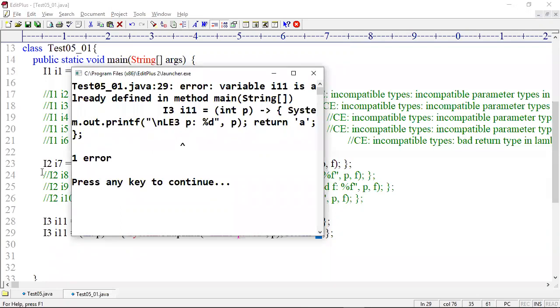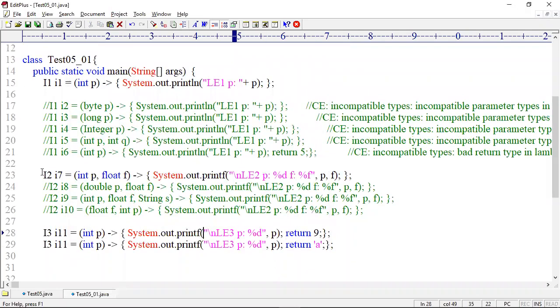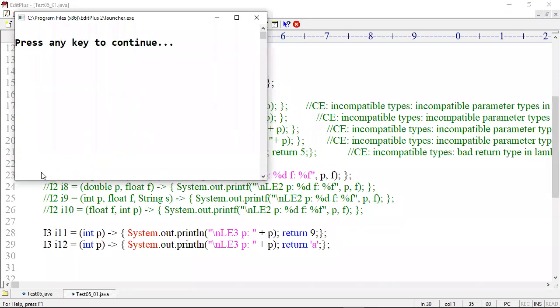Let me take it as println, because every time the format matching I have to change. Is it compiled or not?